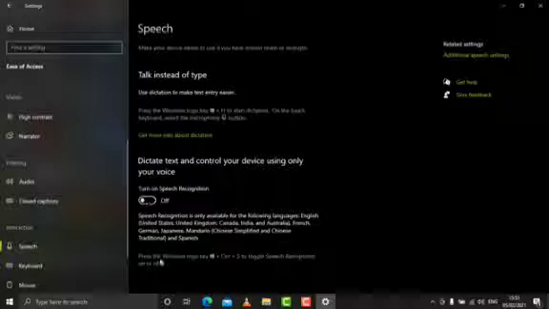So this is the work of the speech option. So we can see a number of accessibility options which Windows 10 provides, which help persons with physical disabilities and make them work.